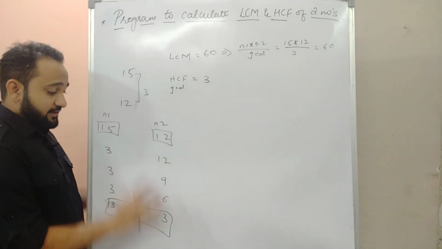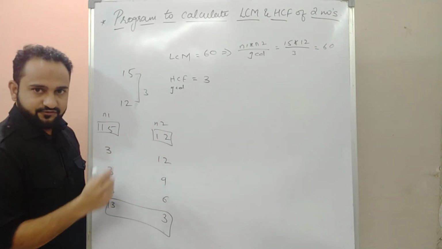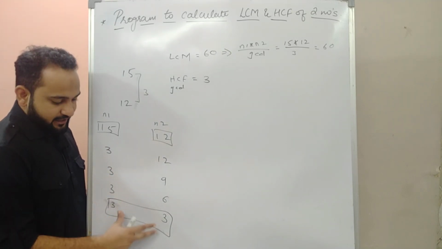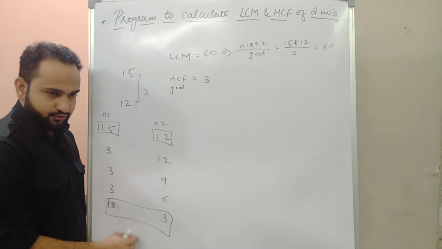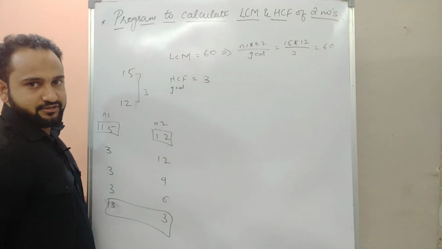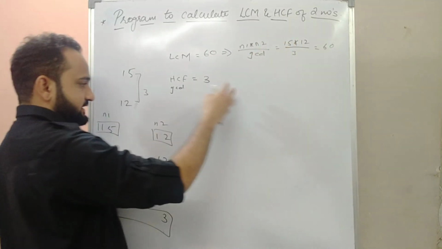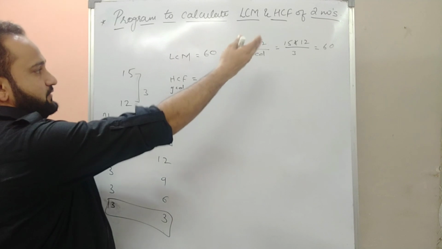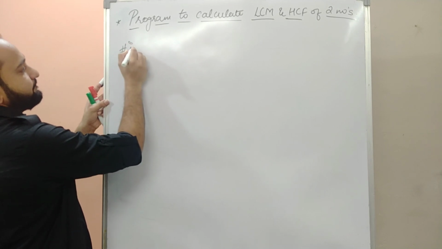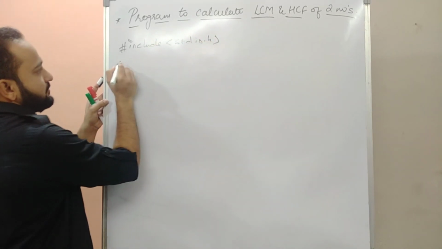Okay, so the same thing we will apply in the program now. Again, let me quickly revise what we have to do. We have to take two numbers from the user and subtract the smaller number from the greater number till you get the same values of n1 and n2. Finally you will be getting the same value, your GCD basically. How to calculate LCM then? Your original numbers you have to multiply and divide by the value of GCD. Then you will be getting LCM, and simply print those values. Let's write the program for it. #include stdio.h void main.